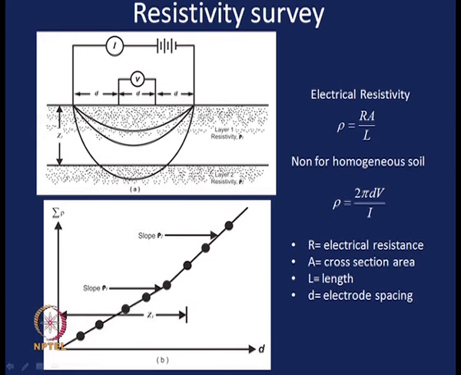So, now we know the value of I, the current passing through this soil layer by using the outside 2 electrodes, and the corresponding voltage drop is measured by the 2 inside electrodes. Here d is the spacing between the electrodes. So, if we know these properties, then for a homogeneous soil the resistivity value rho will be 2 pi d V by I. Here we can measure the electrical resistivity of a homogeneous soil.